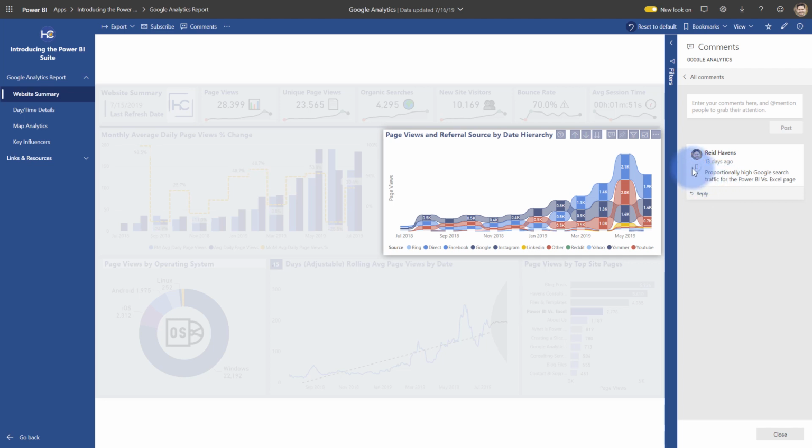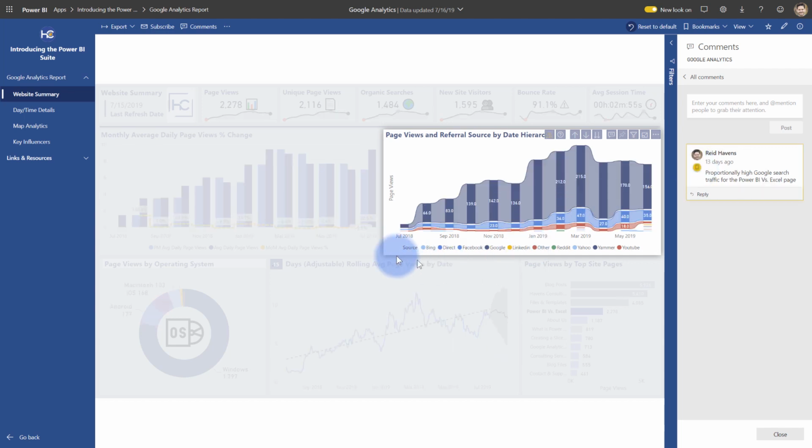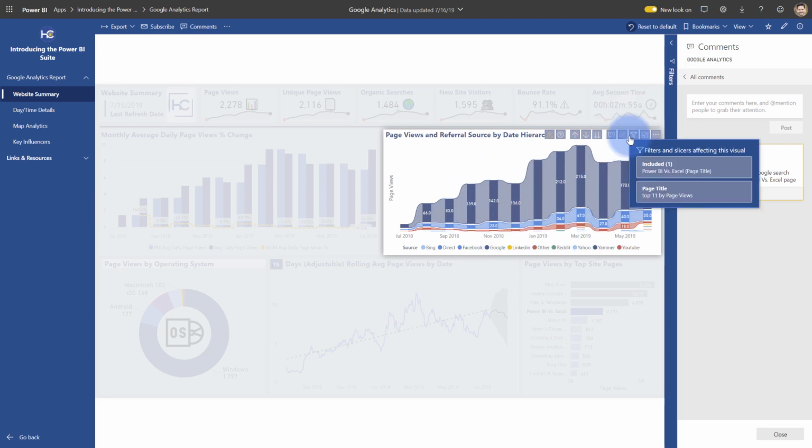And if I click this bookmark icon here, that will apply all the filters that were part of this conversation, meaning whatever filters were being applied when the person was looking at this specific set of data. If I click that, you'll see that some things change on the page. I've actually updated the filter selection, and down here the data has now been filtered, and if I hover over that, we can see exactly what filters are being applied. So it immediately let me navigate directly to the data that was being observed when this person made that comment,